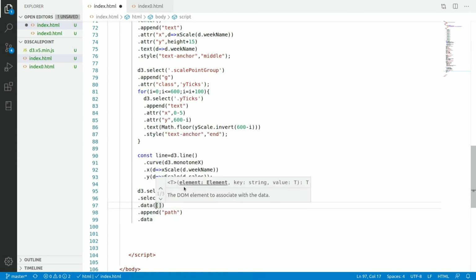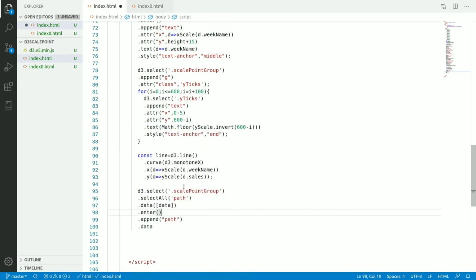I will pass the data dot enter dot append path, and for path we have the attribute d, and here I will pass this line function. Now by default the line has a fill color, so I will do dot style fill equal to transparent, or I can pass none for fill. I will pass none.